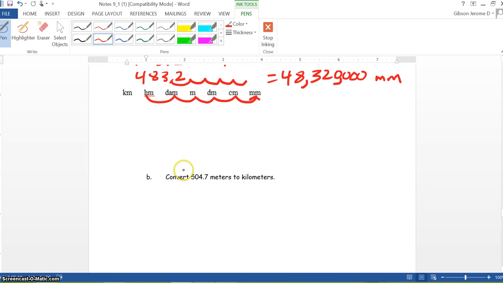Now we can use this same chart down here. We want to change 504.7 meters to kilometers. Now to go from meters to kilometers, we'll go to the left 1, 2, 3 places. So we need to move this decimal 3 places to the left, and it'll give us 0.50